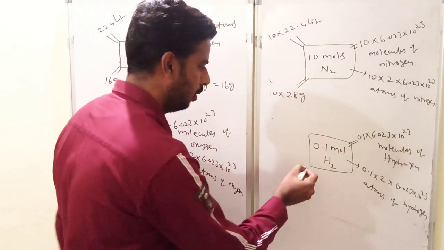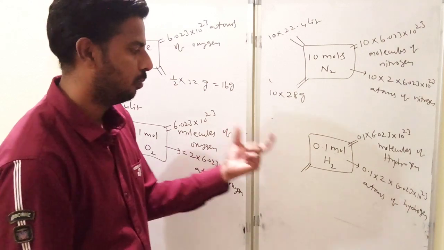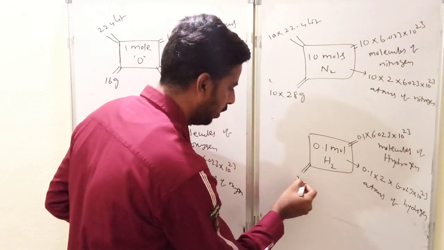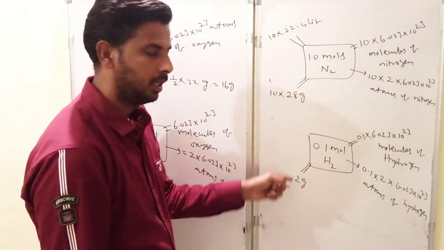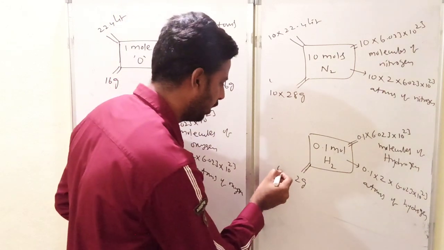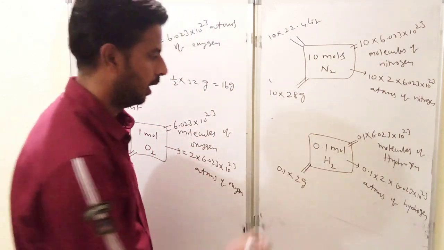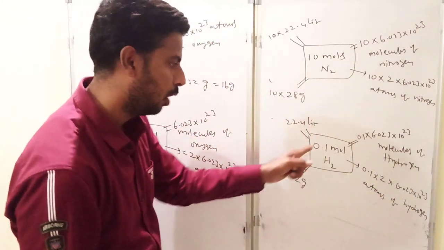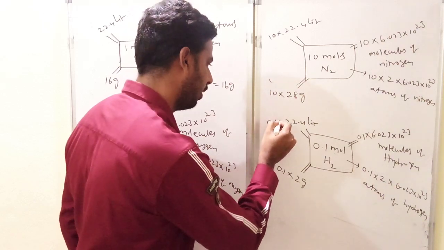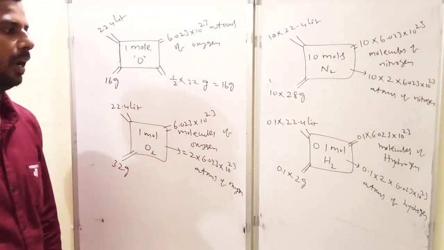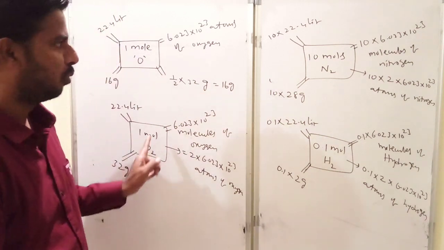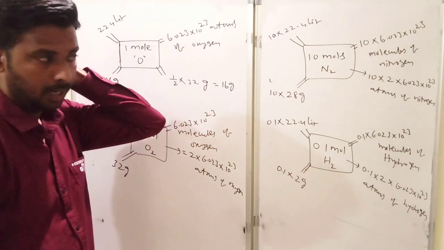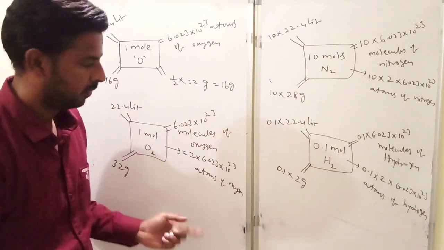Now this is a molecule. So as per the third point, 1 mole of any substance is equal to its gram molecular weight. What is the gram molecular weight of hydrogen? 2 grams, if it is 1 mole. But here it is 0.1 mole, so 0.1 into 2 grams. Now 1 mole of any gas equals 22.4 liters at STP. Here 0.1 into 22.4 liters is the correct analysis. Do you understand the mole analysis? This is a simple way to remember it, and it is helpful during numericals.